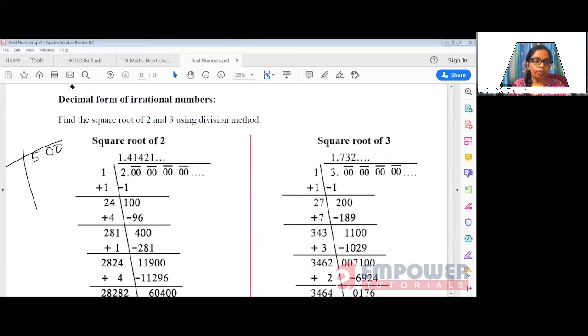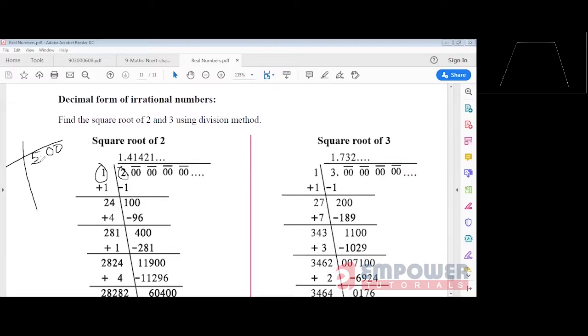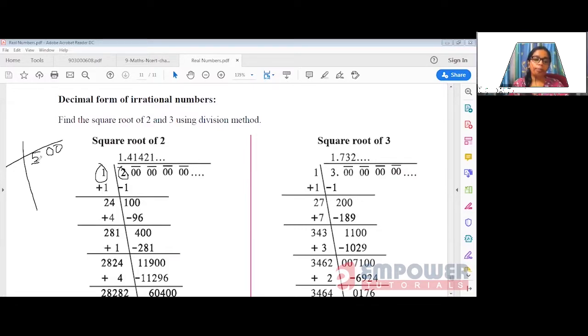First of all, you have to look for this number. 2 is the number, so we look for the number less than 2 which is a perfect square. It is 1, and the square root of 1 is 1. That's why we have taken 1 over here. But in the case of 5, the perfect square is 4, which is less than 5, but we are not going to take 4 over here.